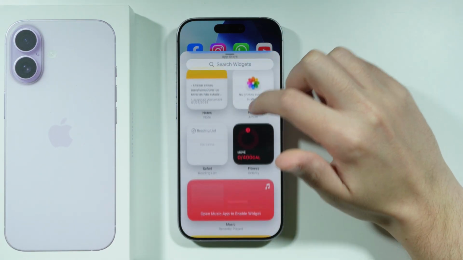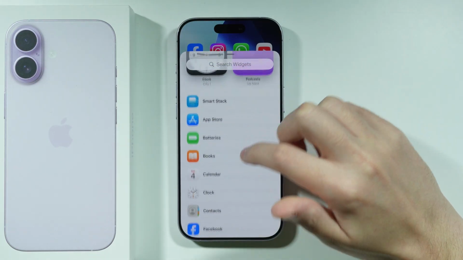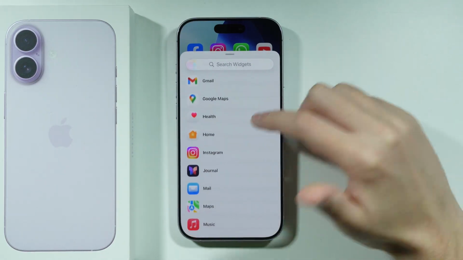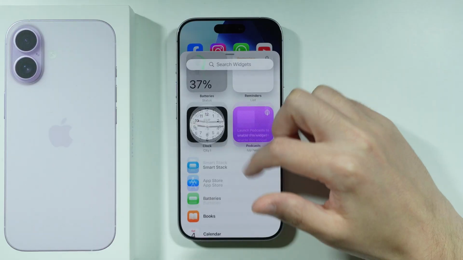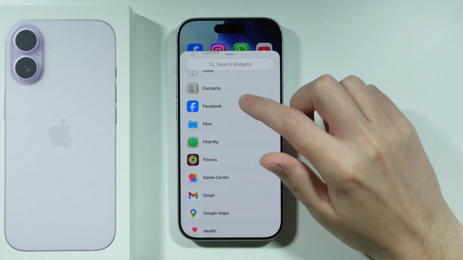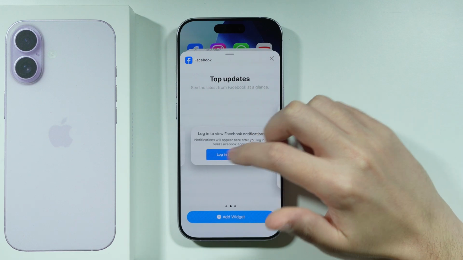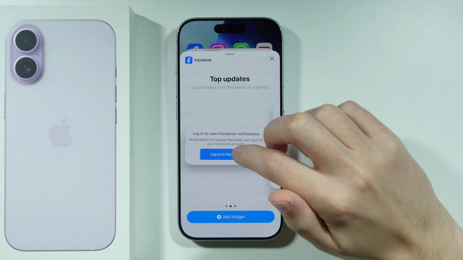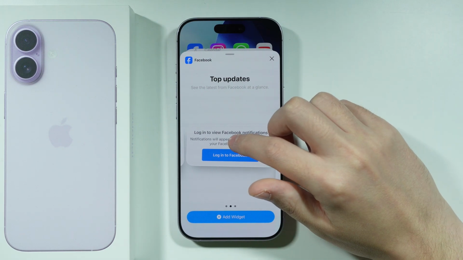Now in here we can find some widgets that we can use. If you scroll down, you should be able to find the list of apps that have widgets, so then you can search by apps over here. So let's say I'm going to choose something like Facebook, for example, and over here we have some example widgets. And if you want to add a widget, you should be able to press and hold it,